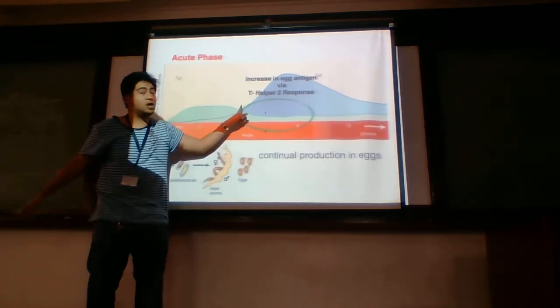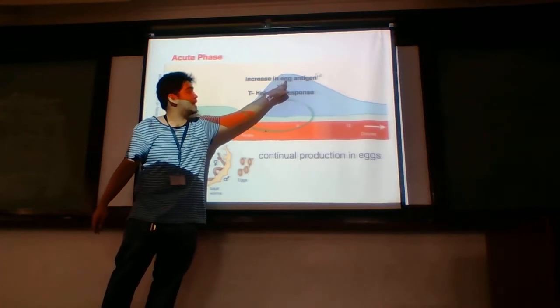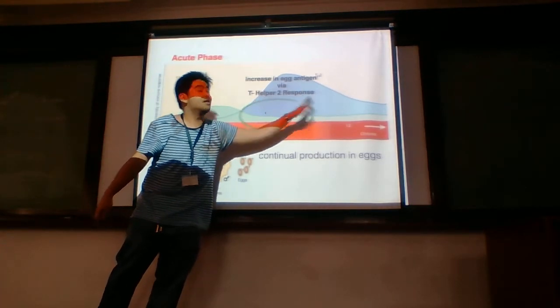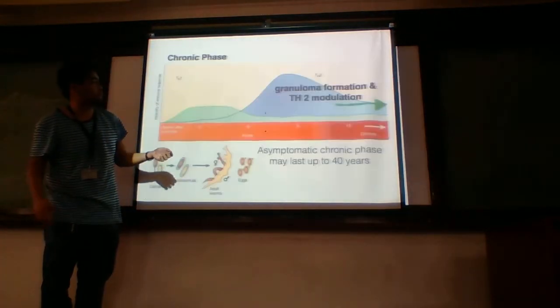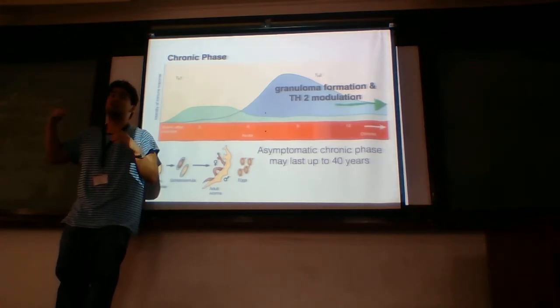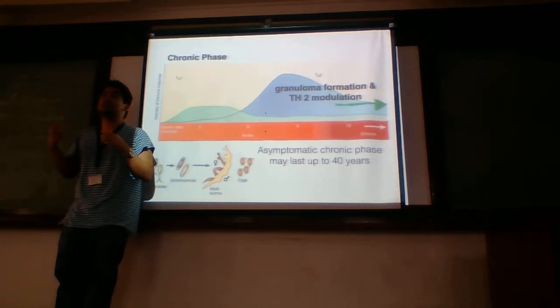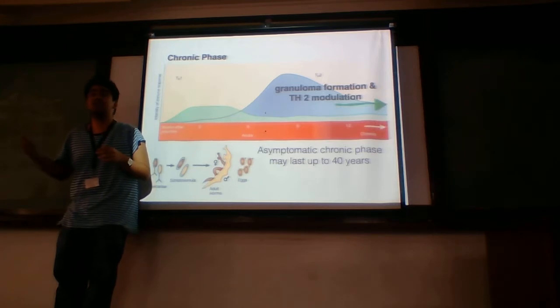However, as the response continues, see, Th2 goes very high. But after this, it goes down. This part onwards is the chronic phase. So if you have produced too much Th2, what happens is the eggs secreted by the adult Schistosoma mansoni